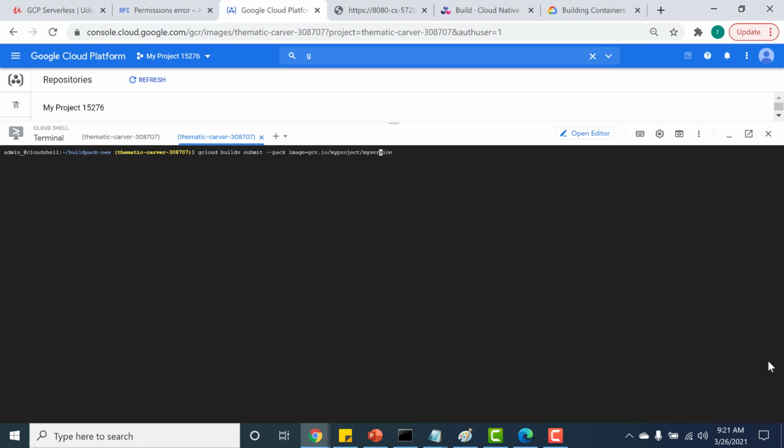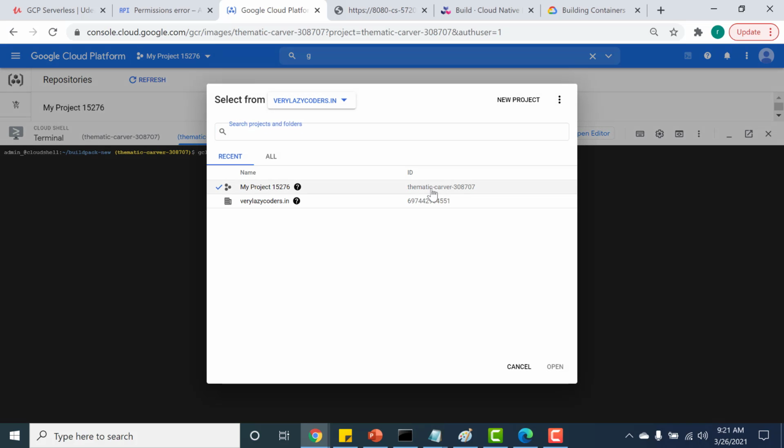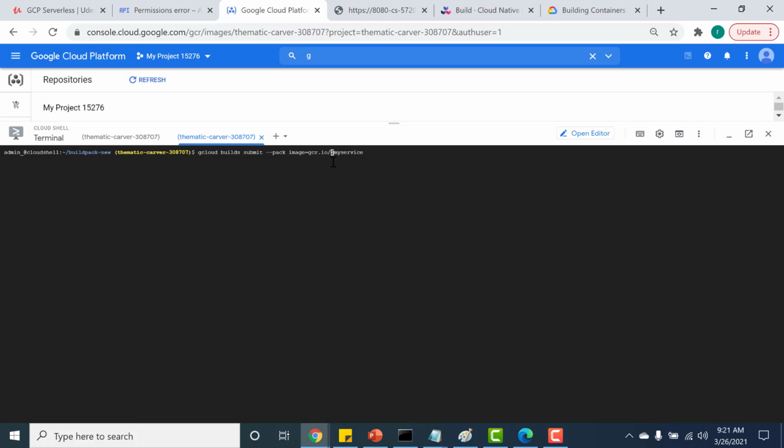The image would be gcr.io, then the name of your particular project. I'll just copy my project and paste it there. And this will be the name of my image, so I'll just keep this as my new image.